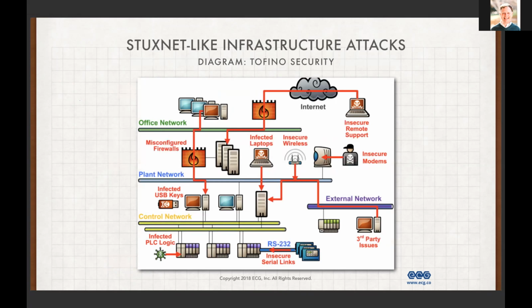Its goal evidently was to destroy centrifuges that were made by Siemens. And these Siemens centrifuges were controlled by programmable logic controllers, the PLCs that are mentioned here on the bottom right. But there were a lot of tools that had to go together to get this, because the network that was used was a factory network in the defense organization within the country of Iran, and so they had gone to some substantial effort to provide security, but Stuxnet was able to launch an attack,